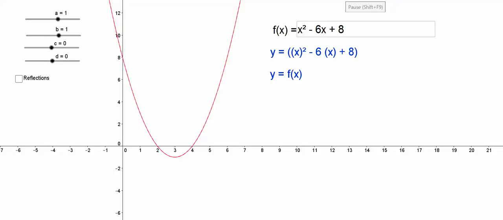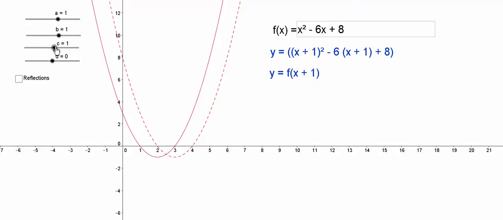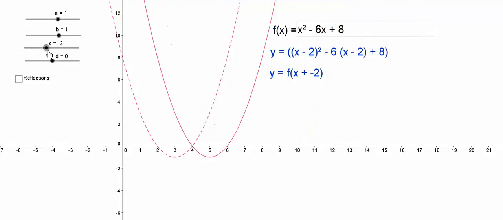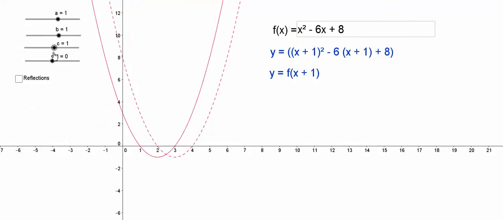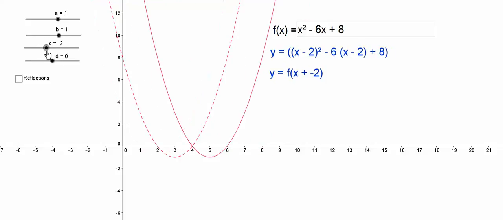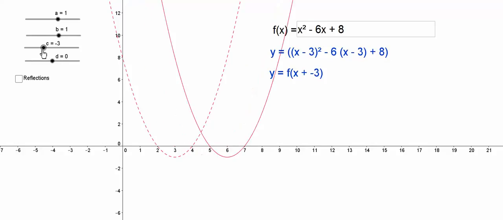Now we can also consider a translation parallel to the x-axis. This would look like this. So the graph would move in a horizontal manner, and that is parallel to the x-axis. Now if we look at what happens when we do this, if I move it in that direction, which is in the positive direction,